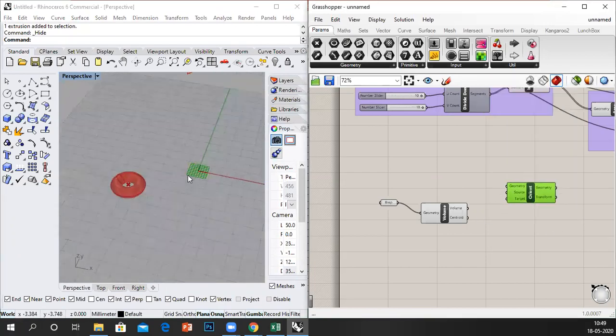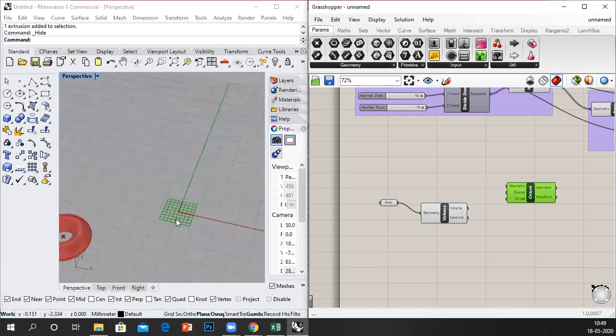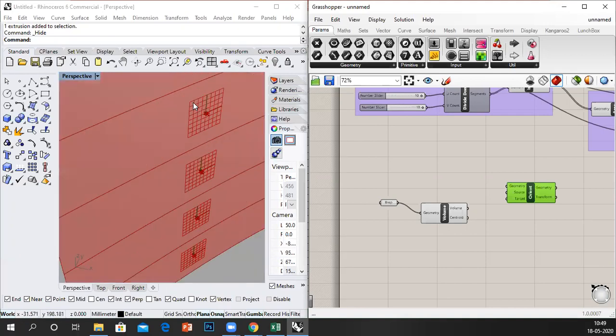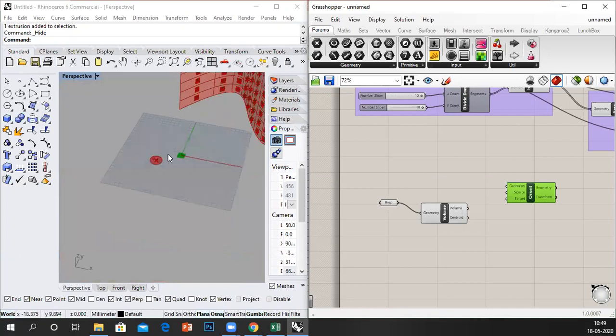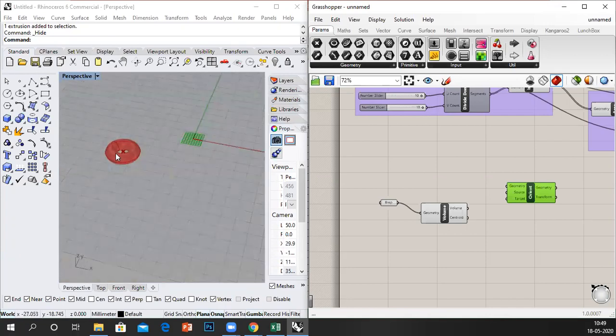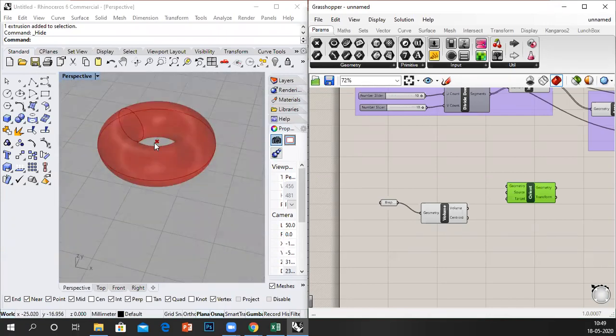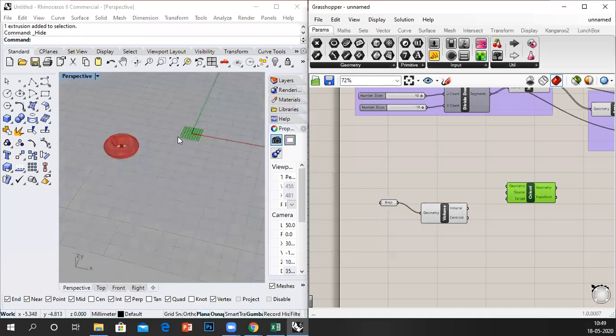What happens with orient is there will be a default orient plane. Whatever objects are on this plane, it converts them onto this plane according to the curvature. So over here our object is here but our plane is here. That is why we found the center point. So we can connect this to here.